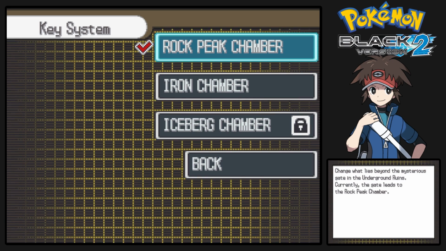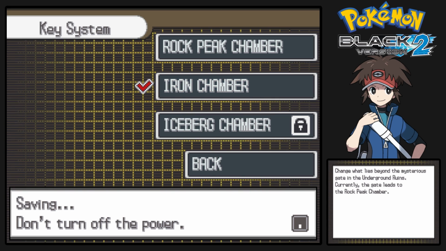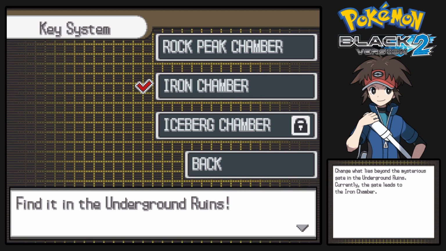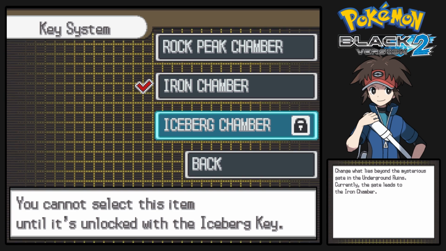So right now, it's the Rock Peak Chamber that's available. But I can now change it to the Iron Chamber? So by doing that, does that mean I can immediately encounter Registeel? Find it in the underground ruins, and of course there we got the Iceberg Chamber, which sadly you cannot select